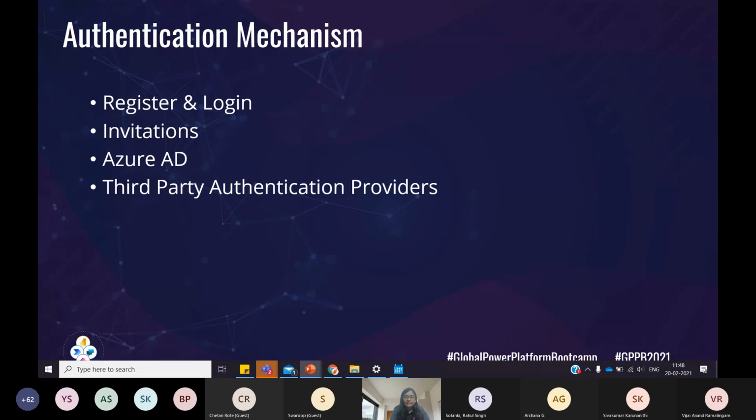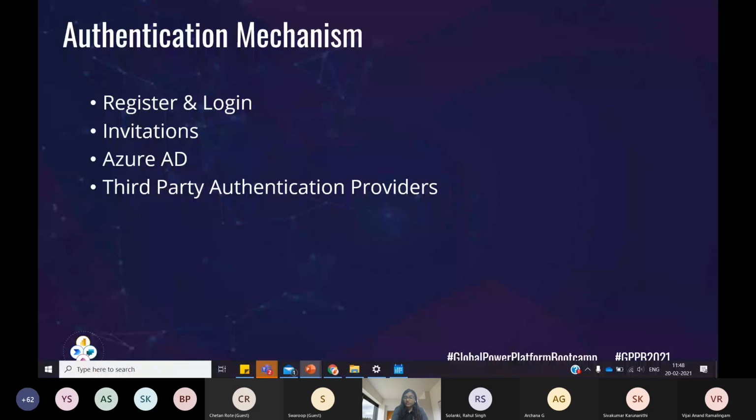But the second thing is invitations. Let's say I want to invite people to my application. I have built an application and there is an invitation or redemption code. I can generate that redemption code and share it with the people. When they try to log in or redeem their invitation, they do not have to create that account from scratch. They can use the redemption code and log in easily.